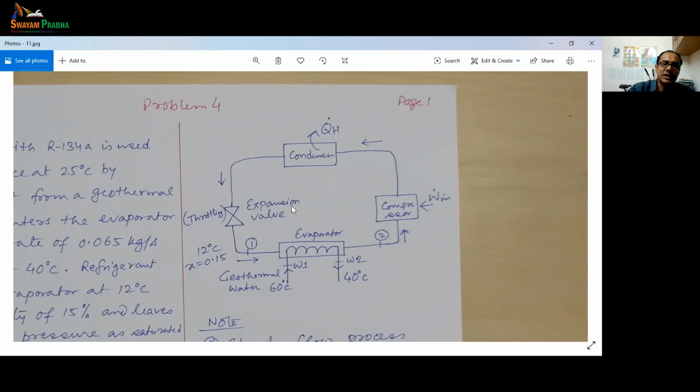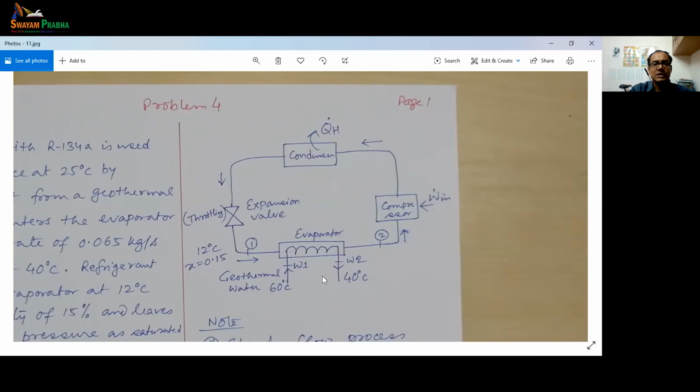Okay, and here you see on your left hand side we have an expansion valve, and that's where the throttling happens. This I discussed in earlier problems, that the hissing sound that you see or hear in case of household refrigerant, that's where the throttling happens. Heat pump also the same working principle. So whenever you have a high pressure liquid and you want to bring it to a low pressure state, you have to throttle it. Okay, and that's where the throttling happens in that expansion valve.